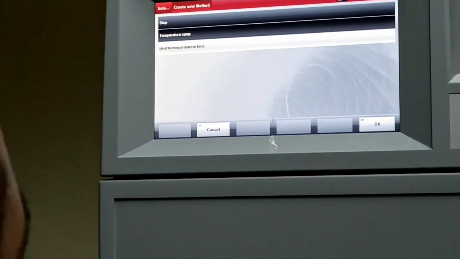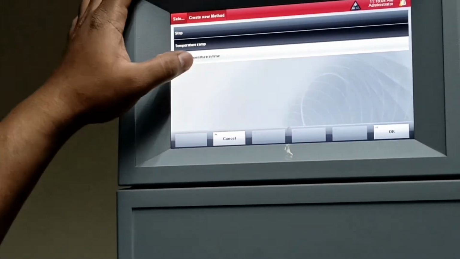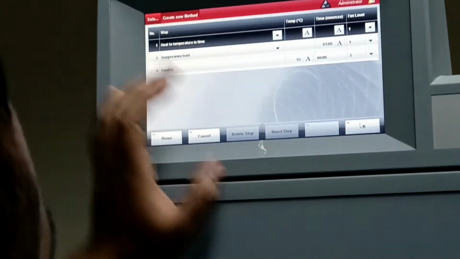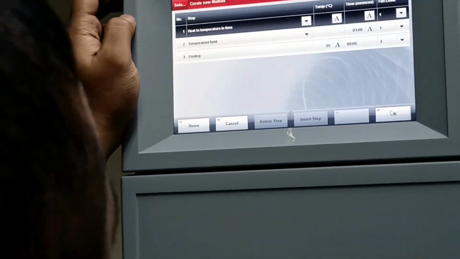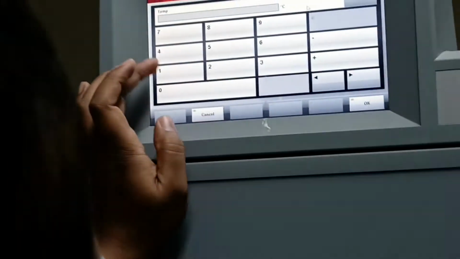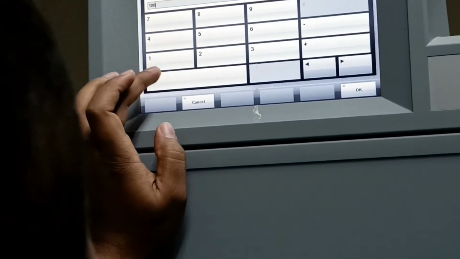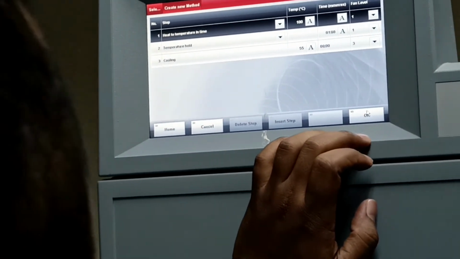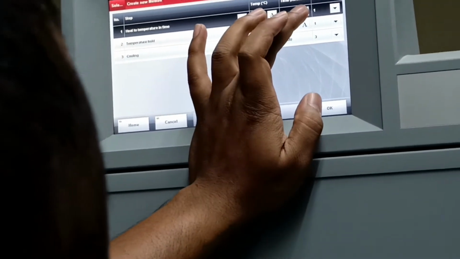So you selected heat to temperature in time. Now you program it as 100 degrees first, within 10 or 15 minutes of time. I would say 15 minutes.